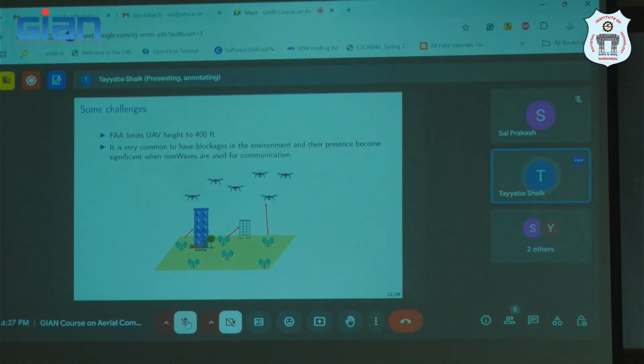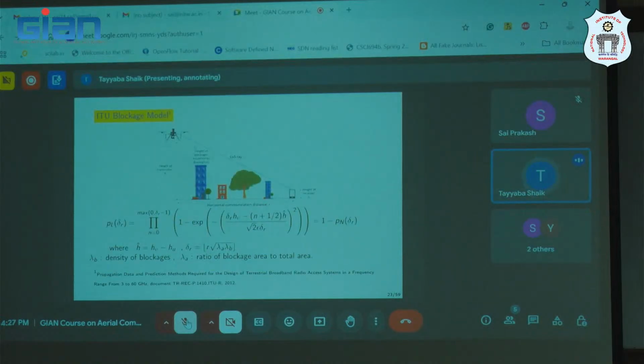So the link is instantaneously non-line of sight. But to model whether the link is line of sight or non-line of sight, ITU has proposed a probabilistic model which tells you, based on the distance between the user and the transmitter height, as a function of some parameters,